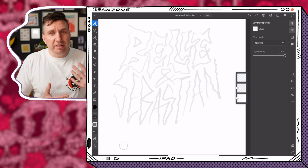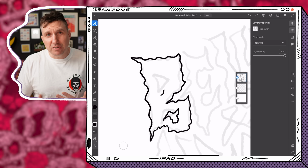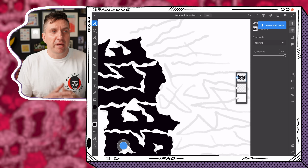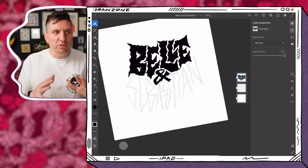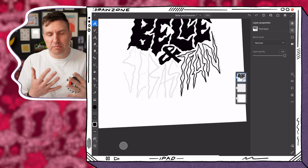So as I tightened it up, I refined the letters a little bit, making them fit together a little bit more, sharpened up the letters, gave them a little bit more of an edge, a little bit of a cut, chopped, distressed look. I ended up making the Sebastian letters a little bit chunkier, a little bit pointier, a little bit more punch. Once I got this to a pretty good place, I thought it would look better if it was more